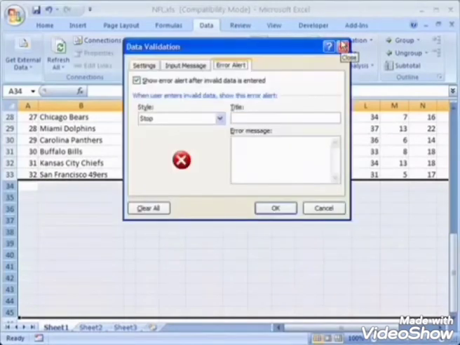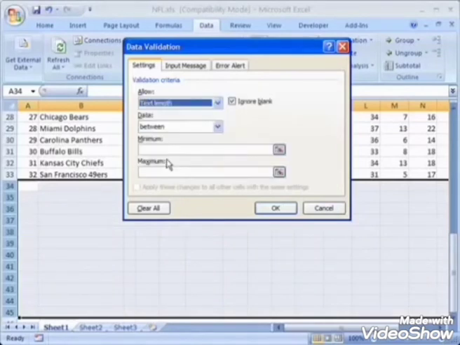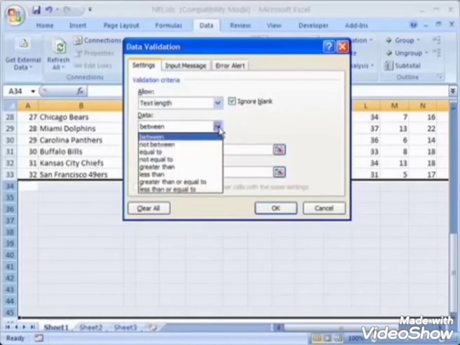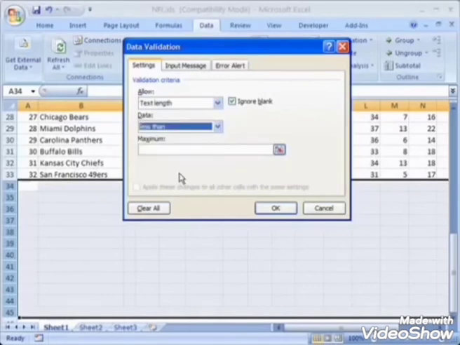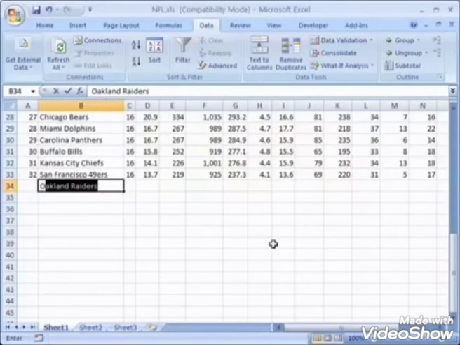See, I selected this whole row. In that row I will use the validation. I will click there, Settings. Then I will select text length, between. From there I will select less than and the maximum number 1. Now see, that will be applied there.